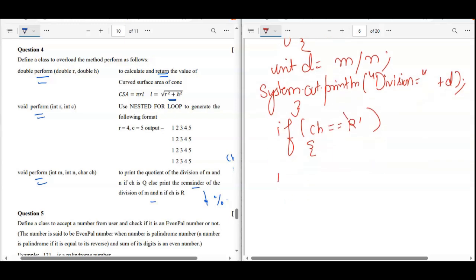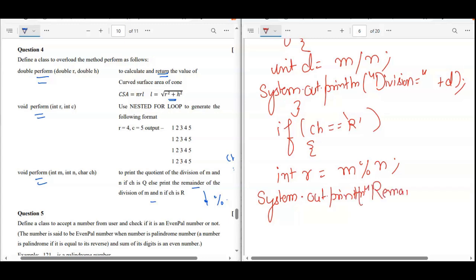For remainder also you can take one variable, int r is equal to m modulus n. Modulus will give you the remainder, divide will give you the quotient. So we have System.out.println remainder is equal to plus r.